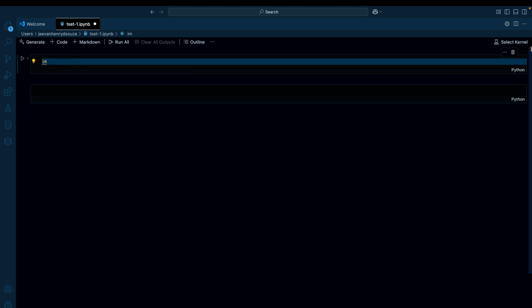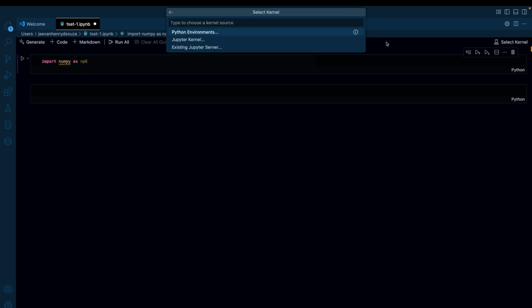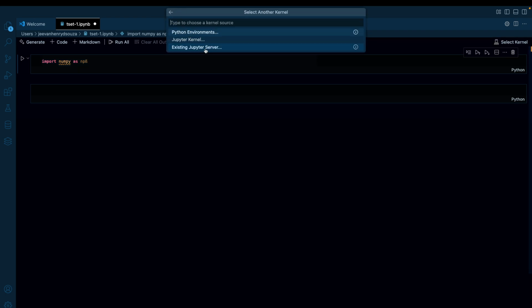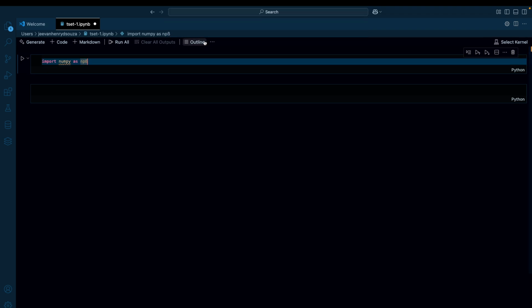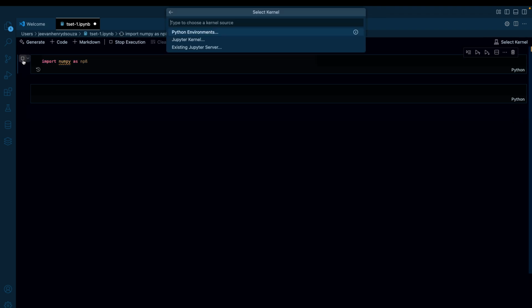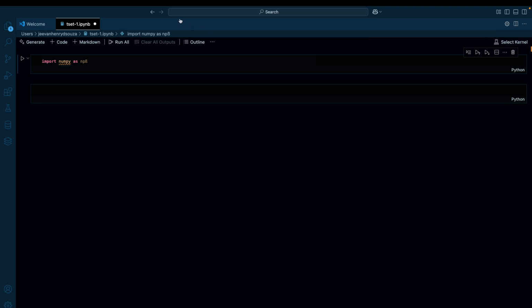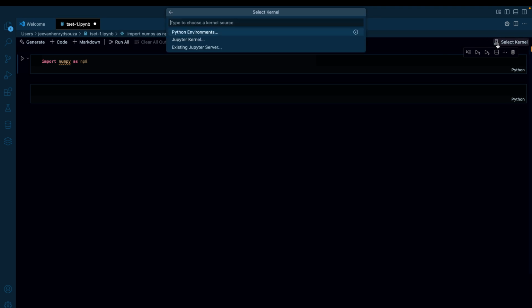Let's import NumPy as np. Now we need to change the kernel, right? So when you go to kernel, Jupyter, or Python environments, and then there will be